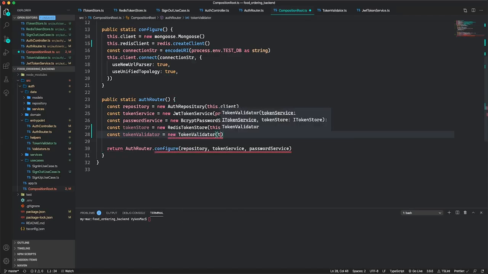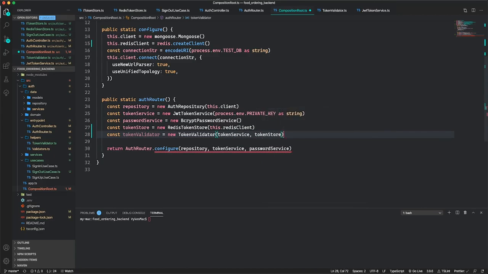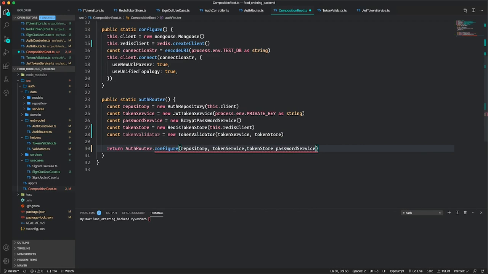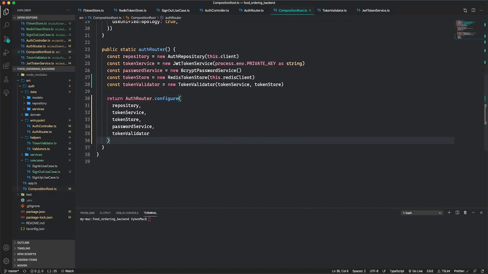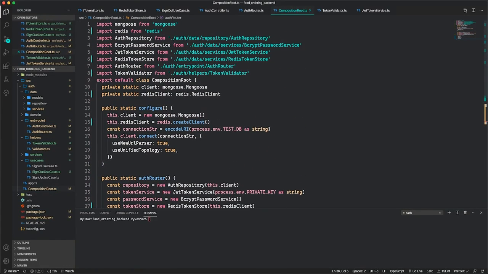This uses the token service and the token store. Now we pass in our token store and our token validator. So there we have it. But in order for this to work, we'll have to install Redis on our